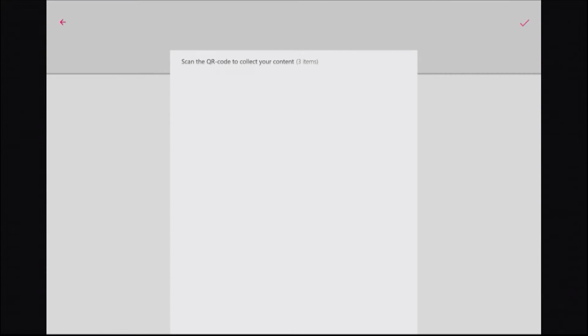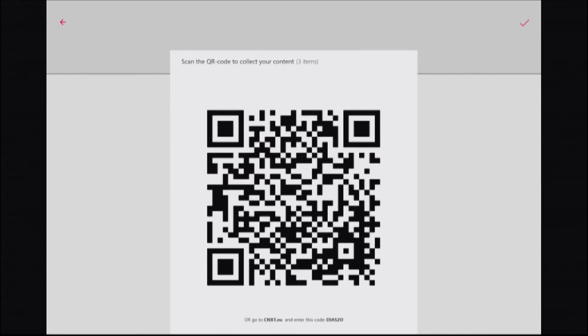And this QR code is actually issued from the Connect system. Here we go. So there are 2 ways how we can interact with this content. Some of you might have a QR code. Or you can go to cnext.eu and use DIA S20.